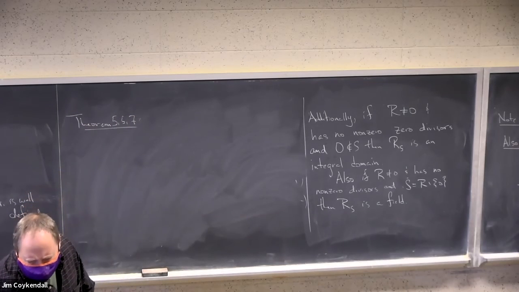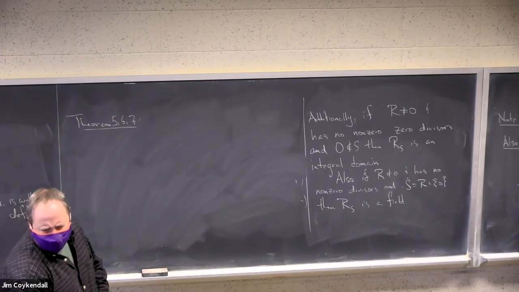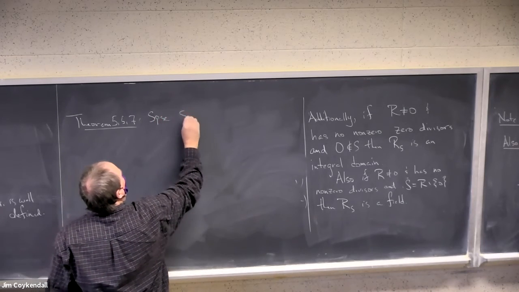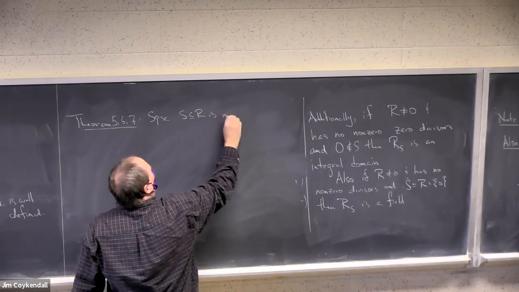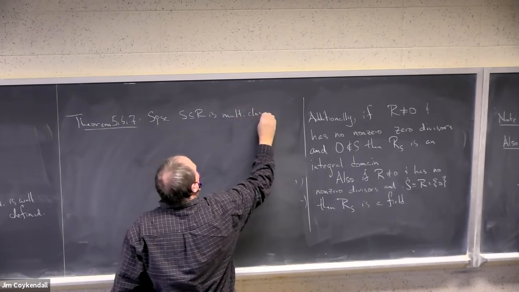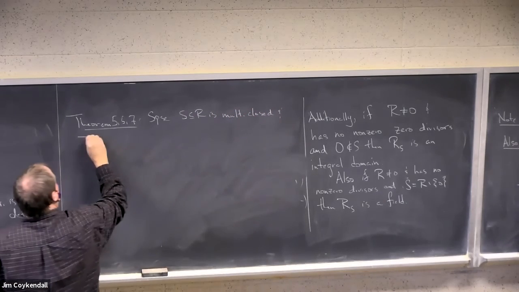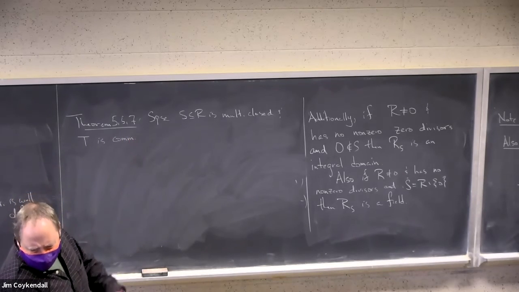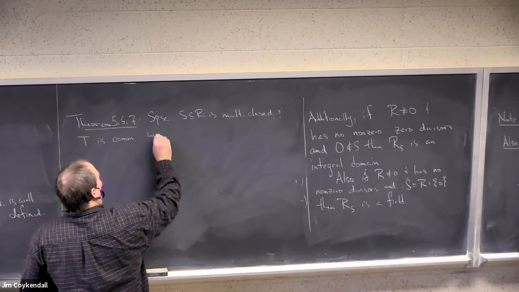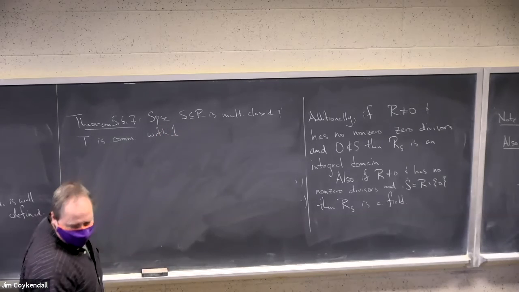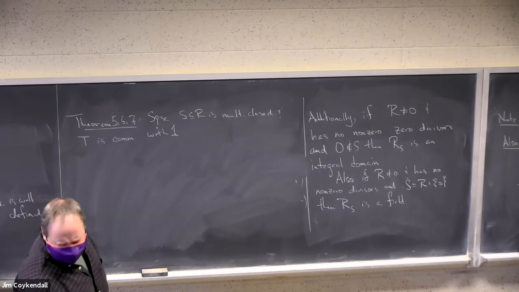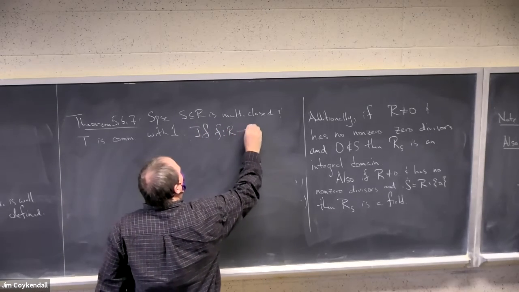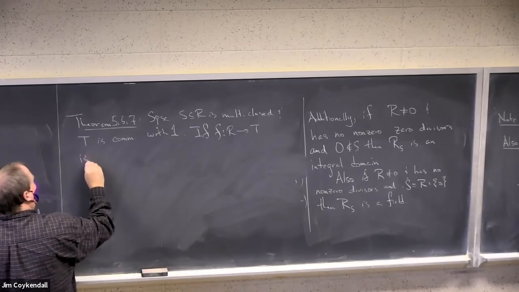Let's suppose that S is a multiplicatively closed subset of R, and T is a ring with 1. If F is a homomorphism,